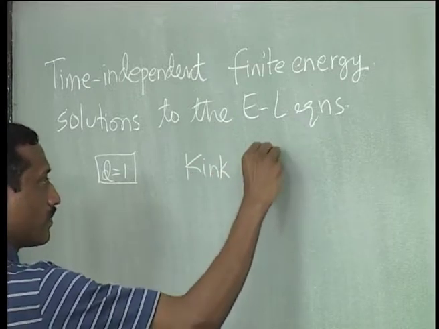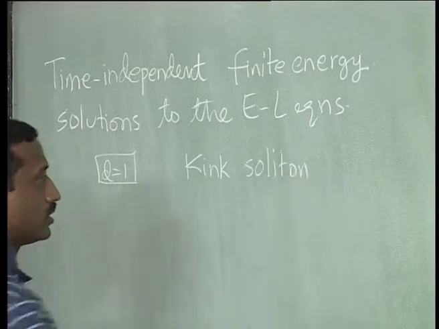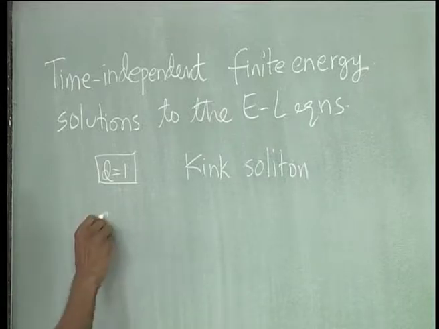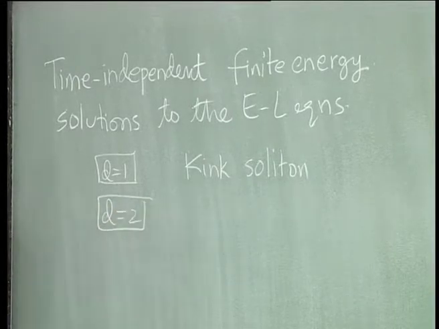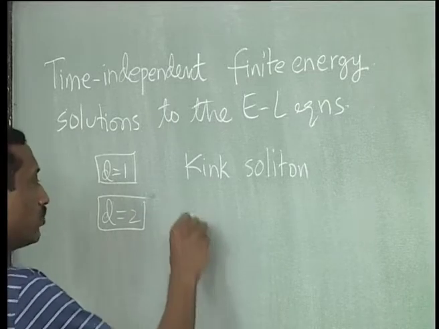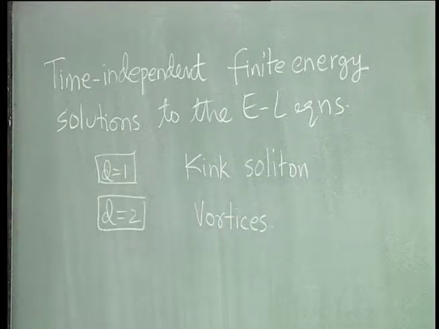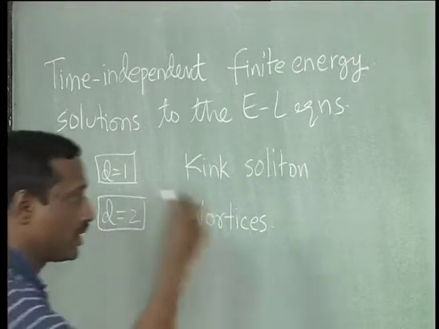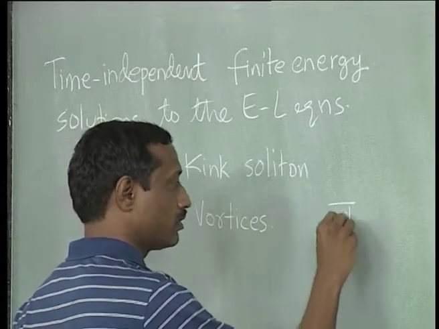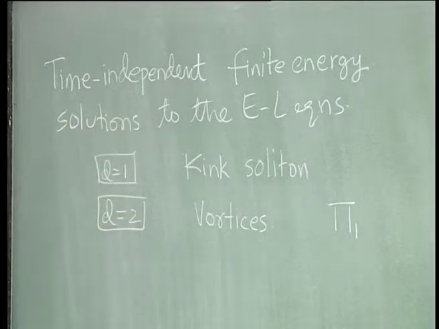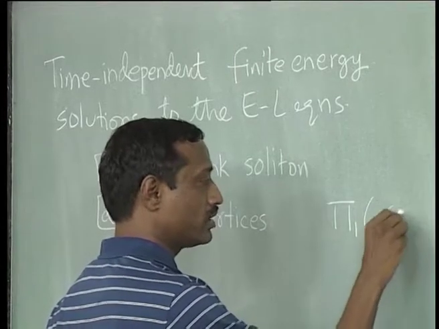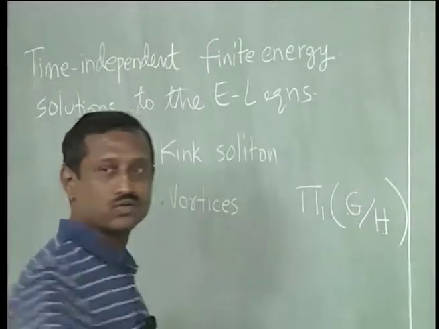the kink soliton, and once we went to d equal to 2, this was the barrier due to Derrick's theorem, and we saw that if you added gauge fields to the story we could get vortices. Okay. And just to remind you, what we were looking at was pi 1 maps from the boundary conditions were really at this thing, and there was some group symmetry G broken to some H,